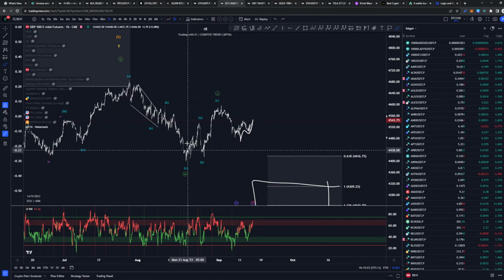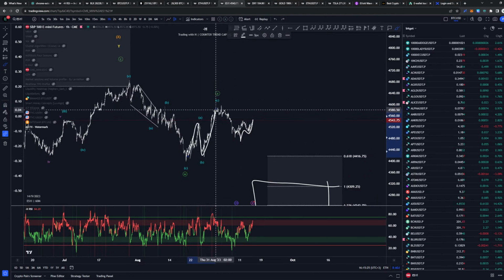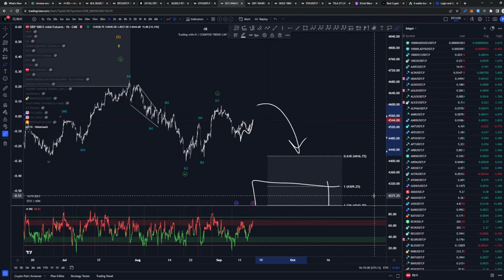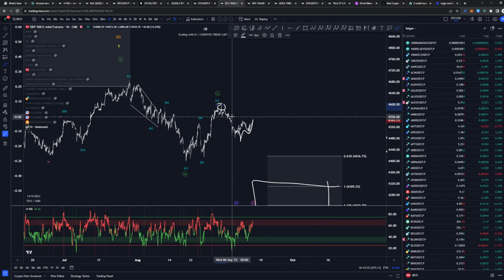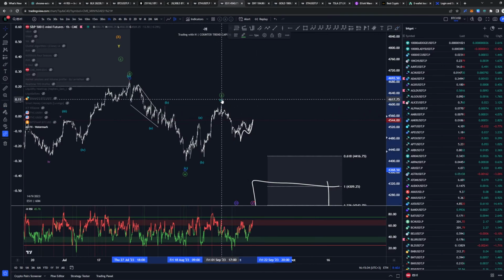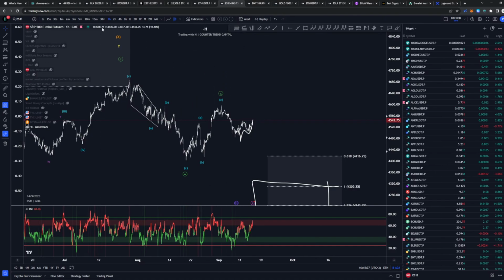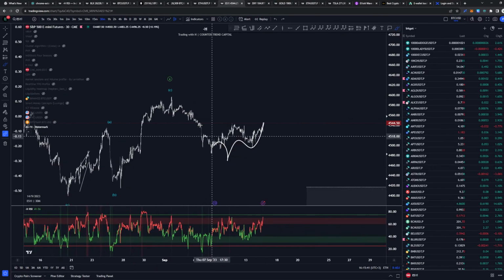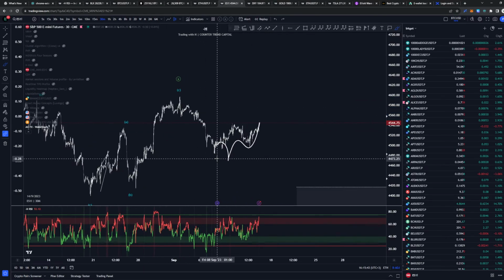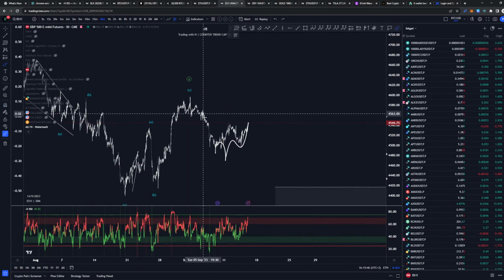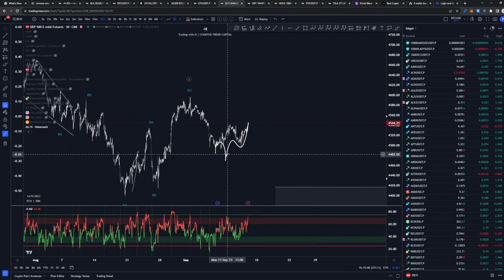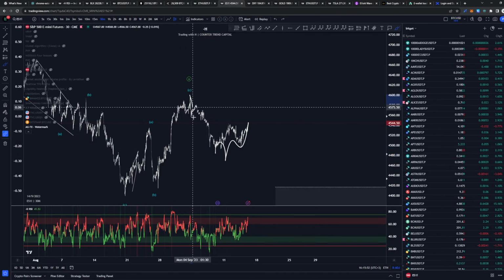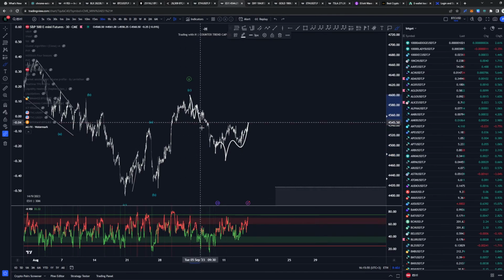However, again, more generally, if a structure is three waves to the upside, it is much more common to see that, okay, we are going to be turning down at some point. This was the pivot point here. Let's bring these guys up in the right spot. And since then, again, we had a structure coming down. This kind of looks like 5 waves, but it doesn't really fit too well. It's kind of hard to label as 3 waves as well, though. So there is divergence at the very lows here, which could be some kind of 1, 2, maybe 3, 4,